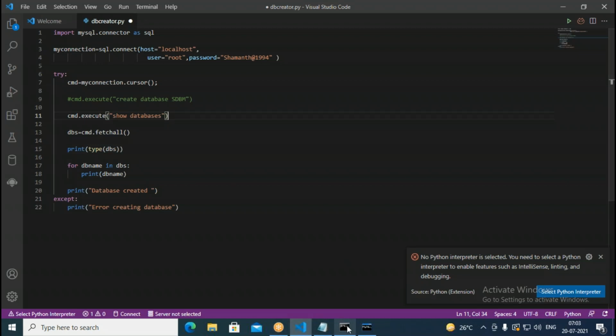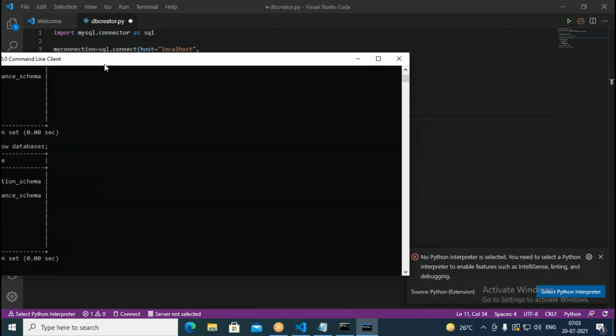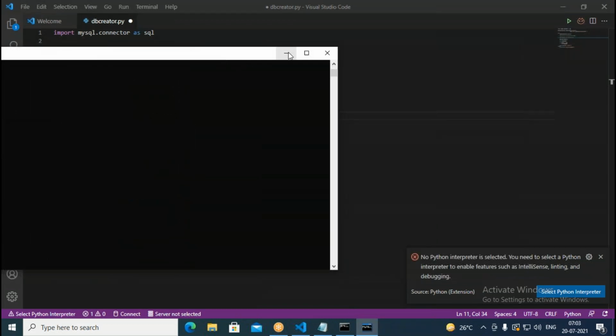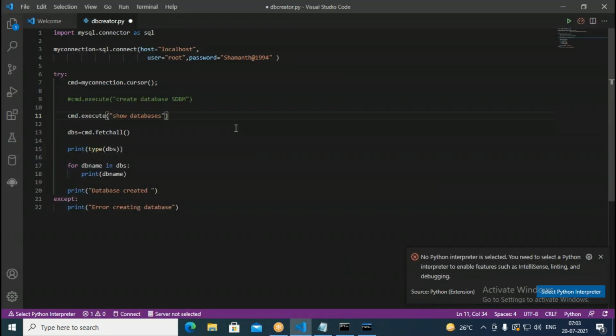Here what is happening, when you go with the show databases, it's printing here. In the command prompt it can print, but here it can't print like that. So when you say cmd.execute show databases, it can retrieve databases. So using fetch all, it can fetch all the names into one object here, DBS. So DBS is here list or cursor. You get either list or cursor. Sorry, not cursor. What we say, we have tuple. Into tuple, this comes here. Now let me run this here.